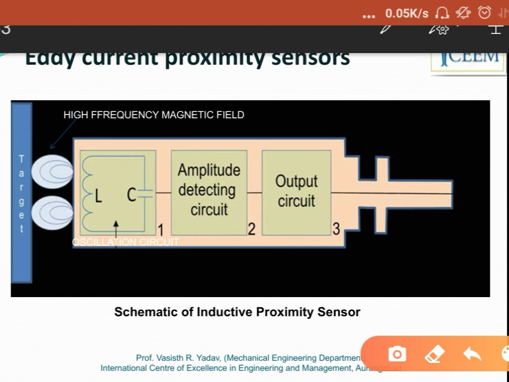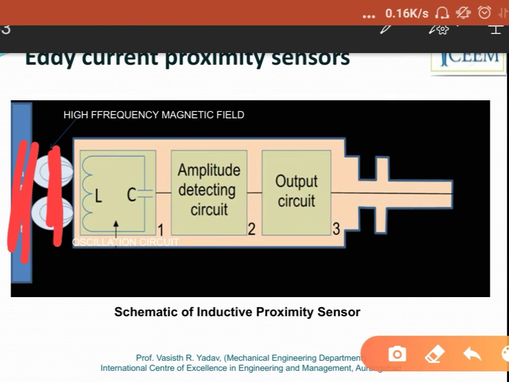Now we know that we have a coil. This is your coil, and when an alternating current is passed through this coil, an alternating magnetic field is generated, right?